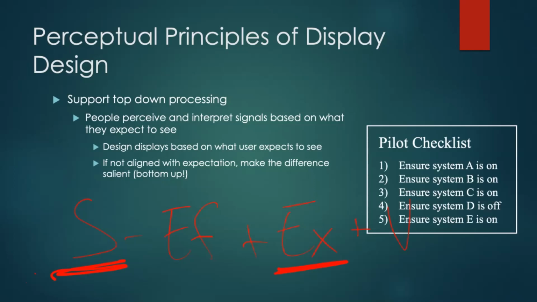Yeah, so you can think about what would make a bad display, such that if you've got a pilot checklist and everything is color-coded the exact same way, you read through, ensure system A is on, ensure system B is on. It's really easy to, once you get to number 4, just breeze past the fact that it's an outlier, right? Because the expectancy is such that this is going to be on, right? Or the word's going to say on. You really need to highlight that where possible.